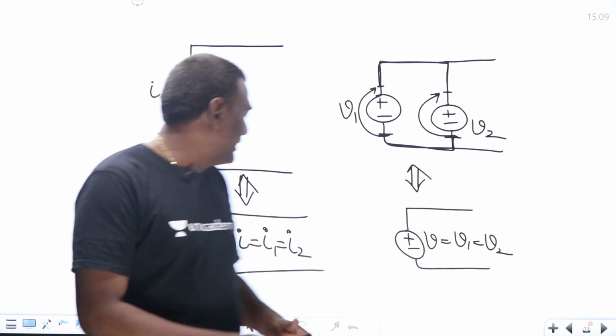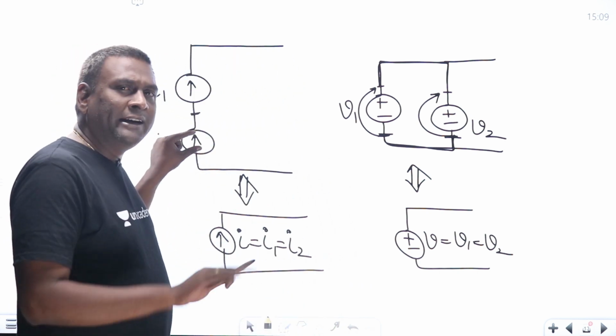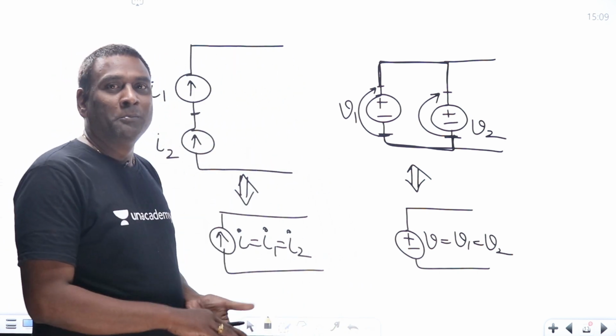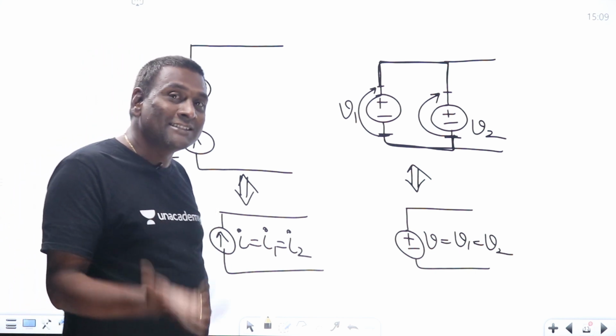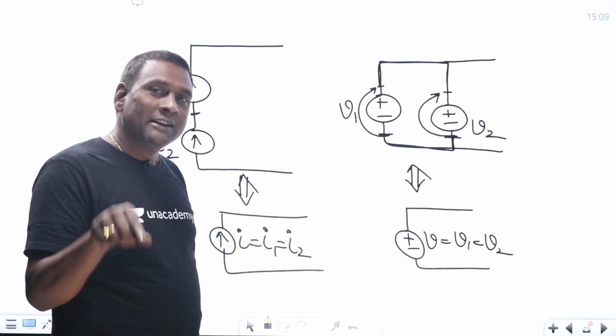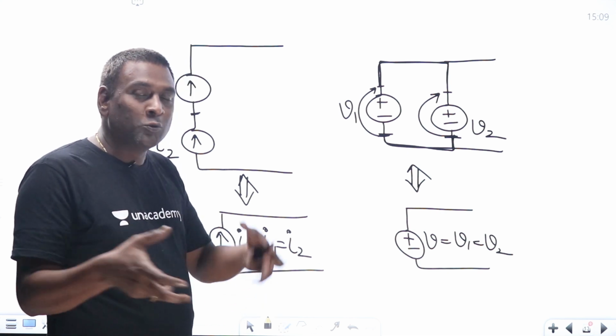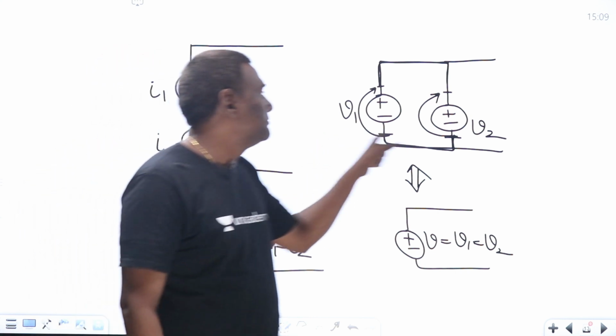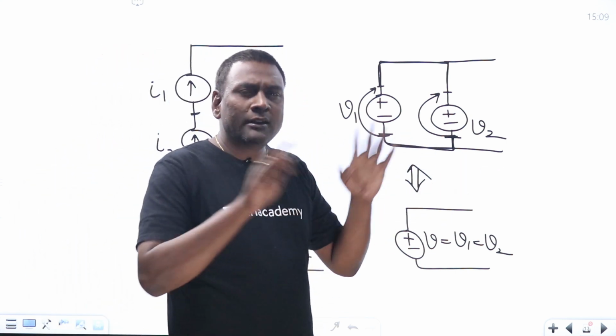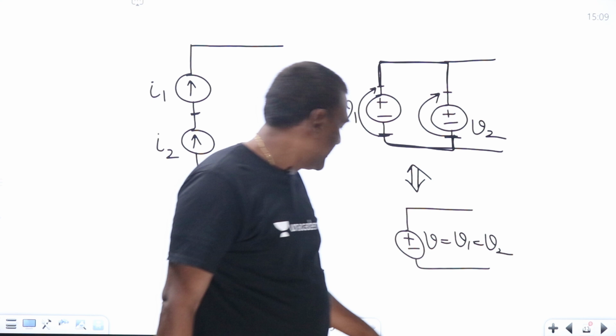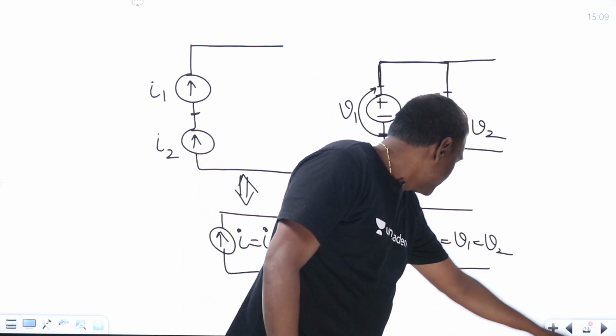Because these are all ideal sources. Ideal sources will be there on paper. Practical sources, practical systems, will be there in the physical world. In the physical world, if you are able to connect two batteries in parallel of 5 volts and 10 volts, it does not mean that you connected them like this. There is some boundary. Anyway, now the next thing is,